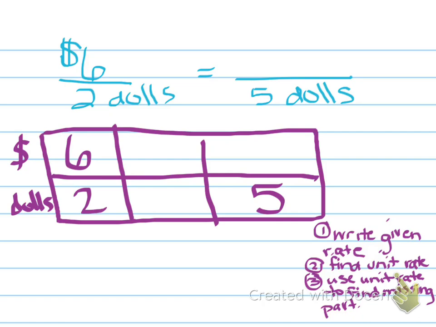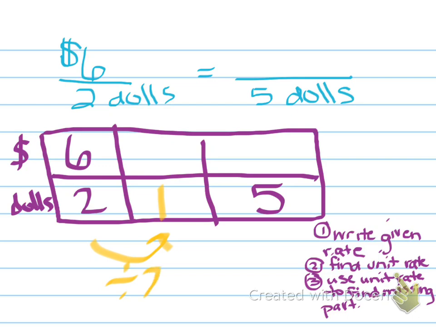So what they'll say is, we're going to buy dolls. They're $6 for 2 dolls. How much would you pay for 5 dolls? So it's not a direct relationship from 2 to 5, but what you can always do is find a unit rate. So a unit rate for 6 to 2, if I was going to go from 2 to 1, I